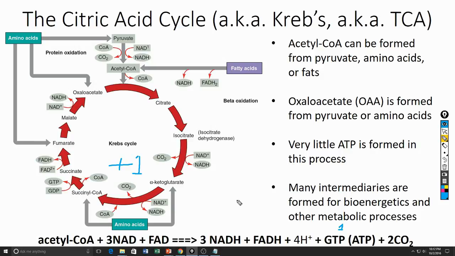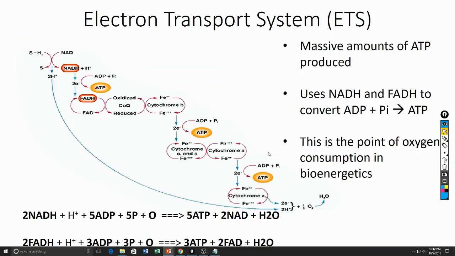This, a bit like glycolysis, is upfront investment, which gives us more yield on the back end. We're putting this into a mutual fund or something. We're investing for the long haul. So the electron transport system is that pay dirt. It's the place where we're getting almost all of the energy that you're using on a day-to-day basis. Massive amounts of ATP, and we're deriving that ATP directly from those NADH molecules and FADH molecules, which we're